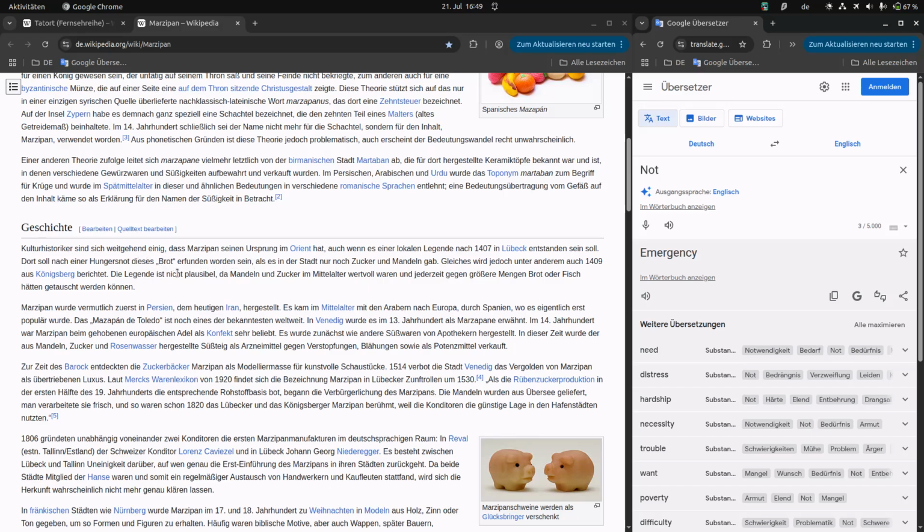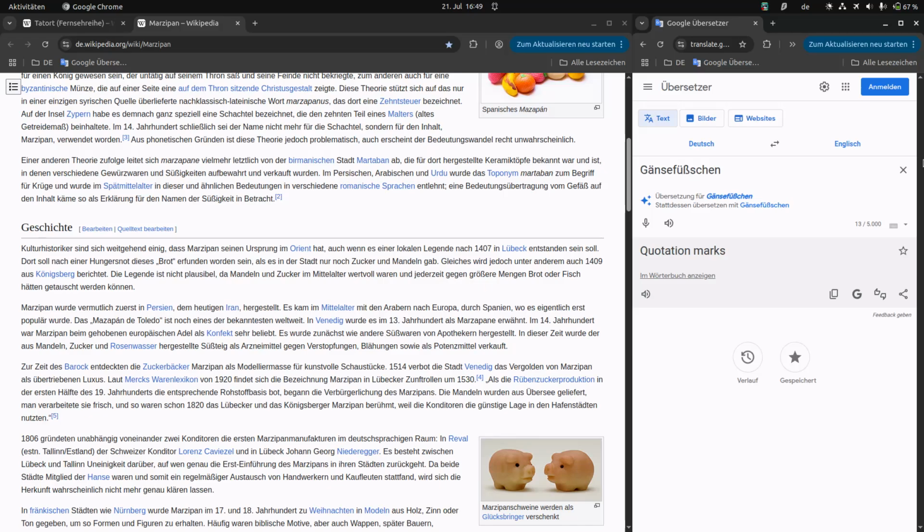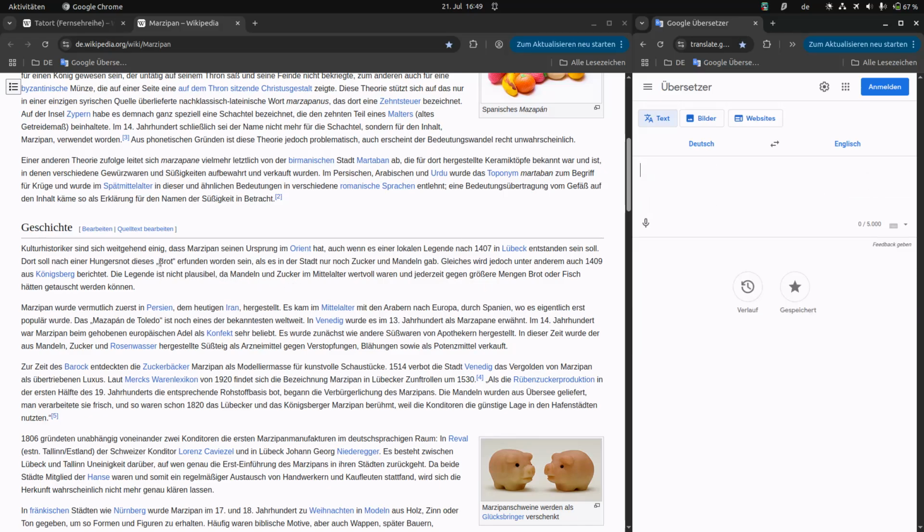This bread in these, what's it called? Gänsefüßchen. I don't even know which way you say that. That is kind of the way you say that in German. Sorry. Quotation marks, yeah. Could say that this way. But in German you say in Anführungszeichen or in Gänsefüßchen, but in Anführungszeichen is probably more official. Erfunden worden sein, so this supposedly in terms of context, it means supposedly, but word by word, this means it